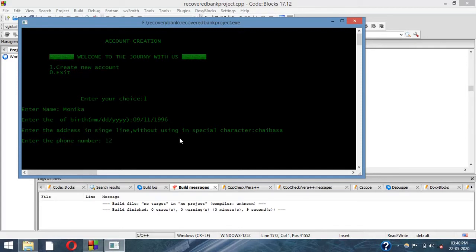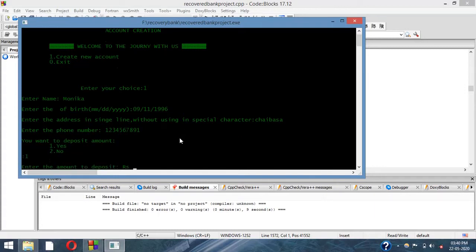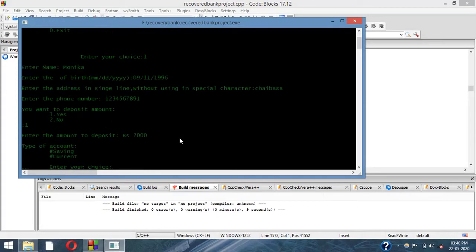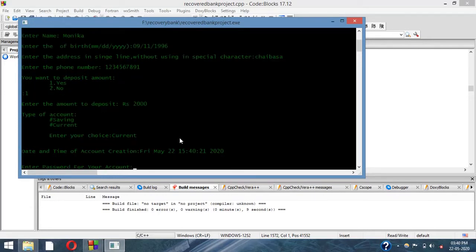Phone number 1234567889. Yes, I want to deposit the amount, 2000, in the current account. So again it is asking for the password.